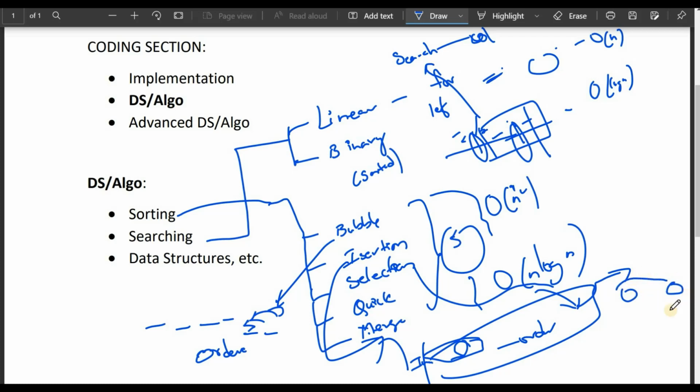Same way it will keep on swapping and swapping. At last we will have the ordered output. And coming to the quick sort,